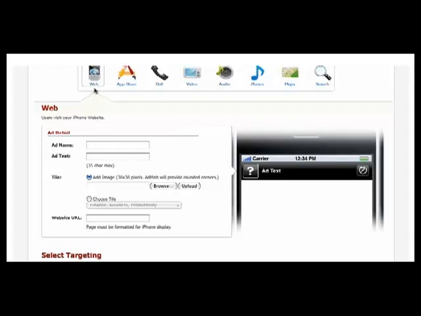income proof video. Well, you can see there's a couple different ways you can promote on AdMob. You can actually send people directly to a website. You can have people literally touch an ad and it will call a number that you want them to call. You can have them touch an ad and a video will show. You can have them touch an ad and an audio will start playing. It's just phenomenal. And you can just imagine, if you have a broad imagination, the type of advertising you can